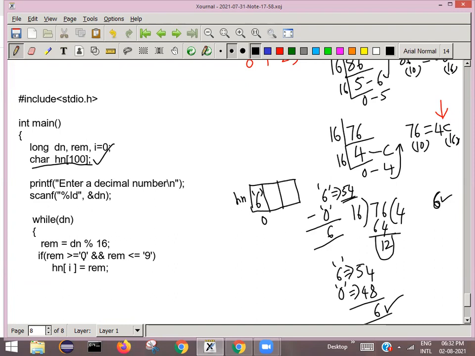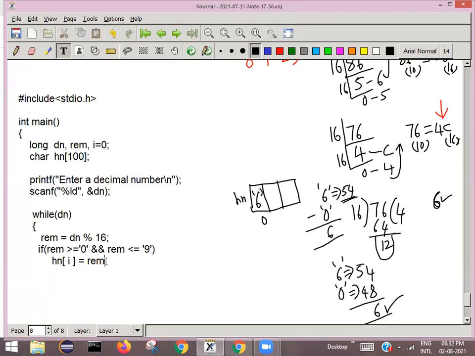So here what we need to do is hn of I is equal to remainder plus 48. Then it will be stored as a character. Afterwards your I value should go to the next. Instead of writing in a separate line, better you use it in the array indexing itself: hn of I plus plus is equal to remainder plus 48.